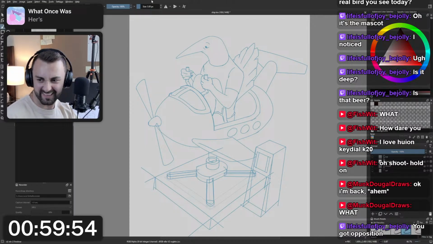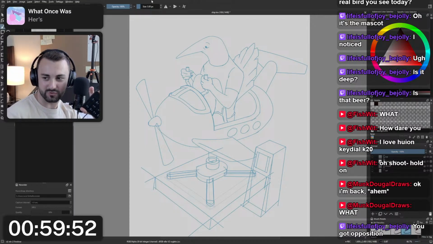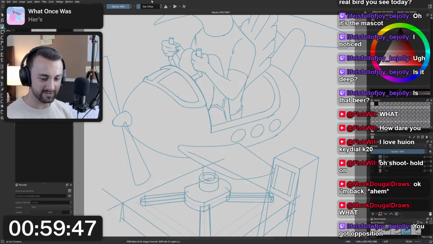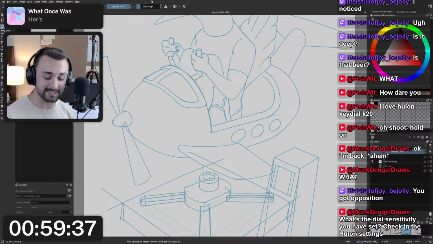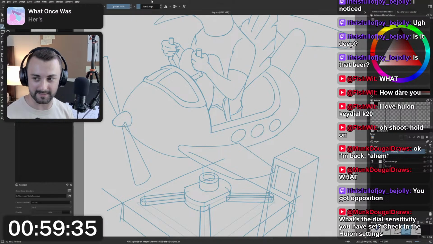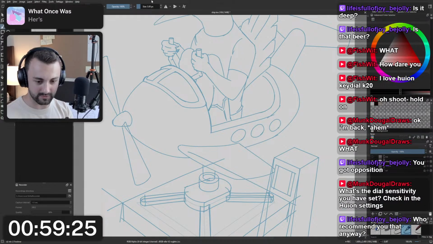Okay, I can't show it really. I control the stream with this, and I press the keybind for starting the timer on this instead of that. Too many keyboards. What's the dial sensitivity? I have it set to 3. I experimented with higher, and I experimented with lower. And it doesn't fix it because it's not a sensitivity issue, it's a mechanical issue. Sensitivity increases the number of passes per each tick that it spins past, right? And so it's just not registering the ticks on this, if that makes sense. Who recommended me this? I just saw it and I was like, I want a dial, and I have a Huion tablet, so